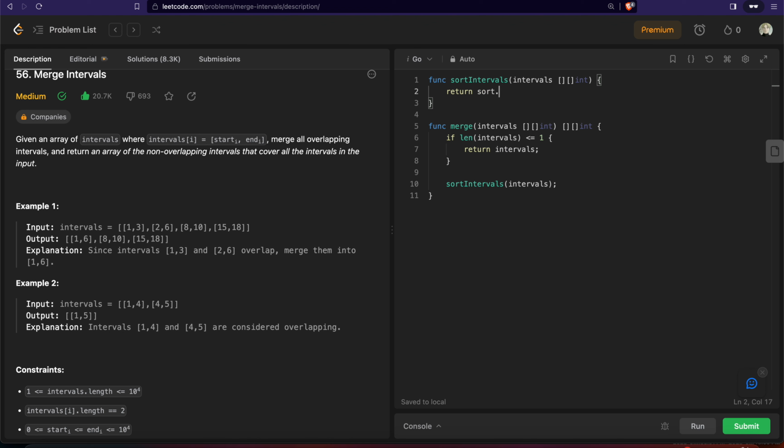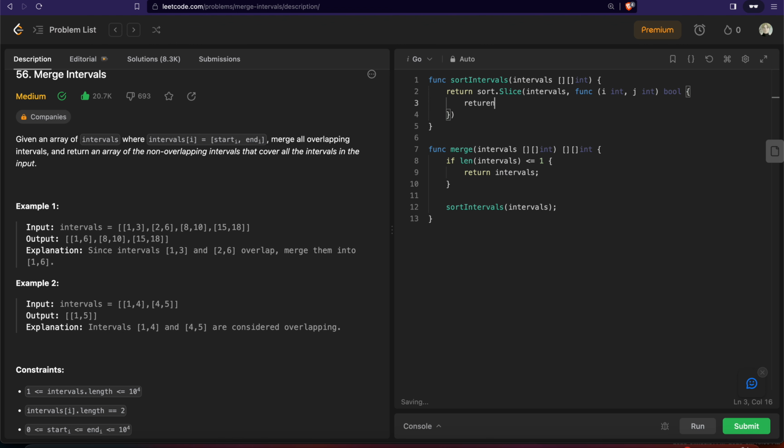and this will return sort.Slice, intervals. This will take intervals and a function, and it will take i int, j int, and it will return a boolean, and we will return intervals[i][0] should be less than intervals[j][0], as the compare. Now we have these sorted intervals,